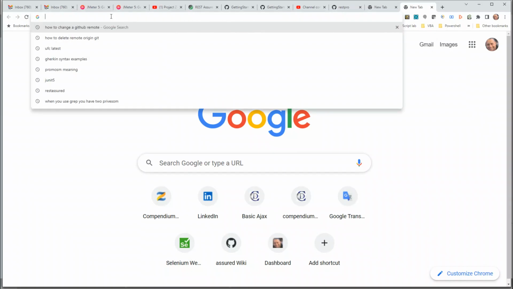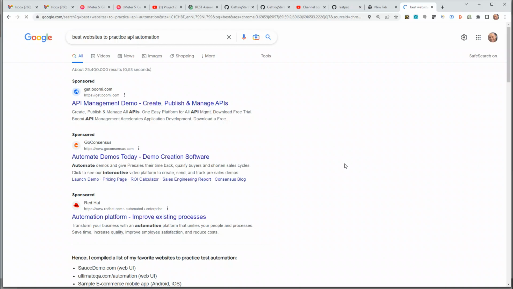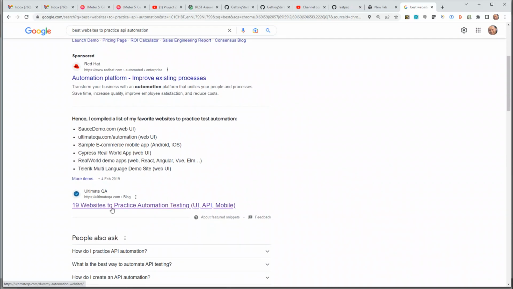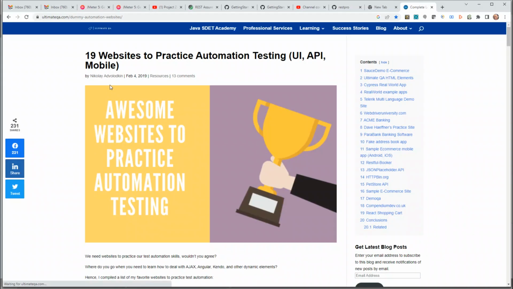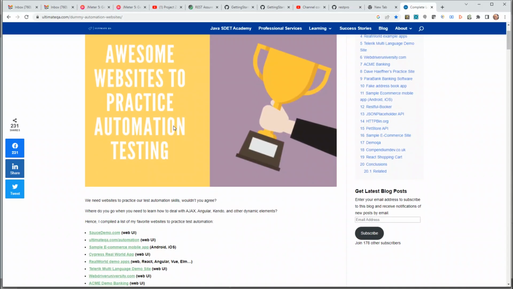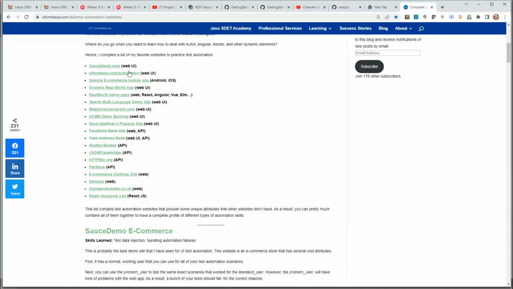So what I did was I searched for best websites to practice API automation, and in fact I went to this blog post from Ultimate QA, which is basically Nikolay Advolodkin. I hope I'm pronouncing his name right. I think he creates awesome content. And when I went to his website, he mentioned, for example, some websites for doing web automation and for doing